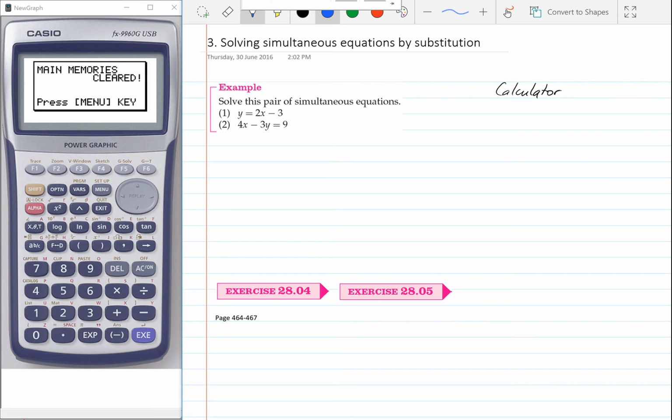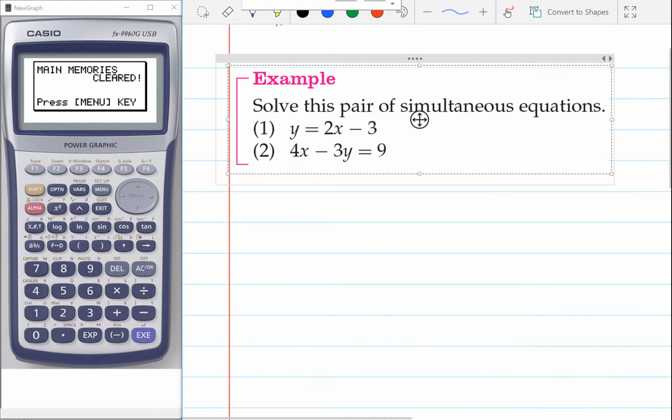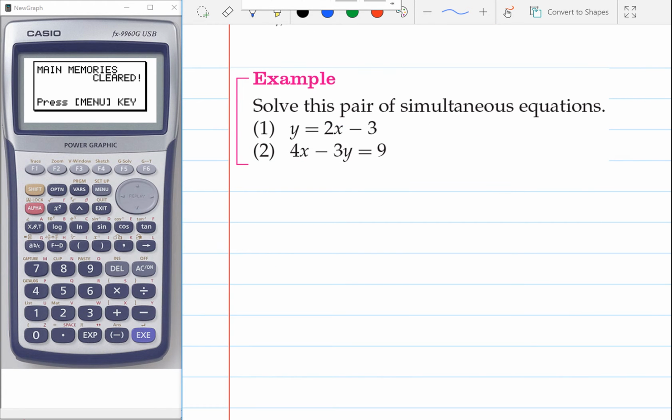Hi everyone, in this video we're going to look at solving simultaneous equations by a method called substitution. And in this method we usually use it when we've got something like this where we have y equal to something, because what we can do is take what y is equal to and put it into our other equation instead of y. So in this case I'm going to write out equation 2, which is 4x minus 3y, but